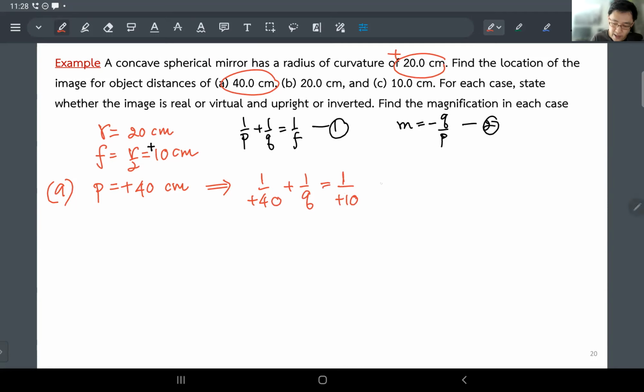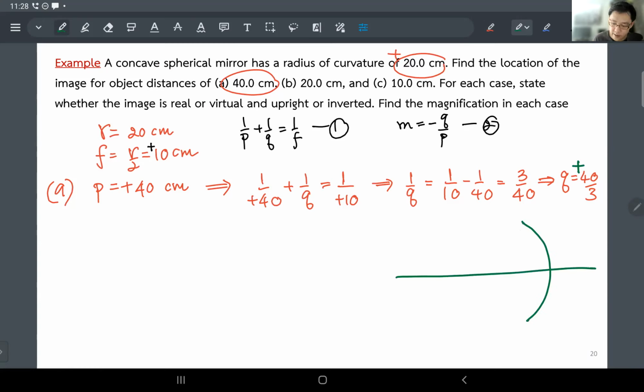So now you're going to get 1 over Q equal to 1 over 10 minus 1 over 40. And that is just 3 over 40. And that means Q is 40 over 3. Cool. Now, see this? This equation gives you a positive value. Let me emphasize, this is positive. So what does it mean? It means if I draw a figure over here,